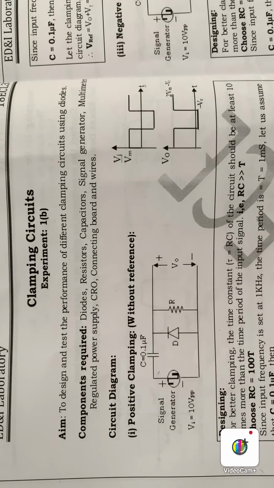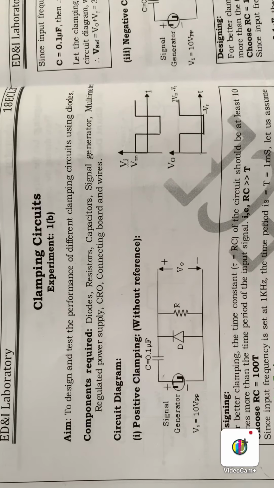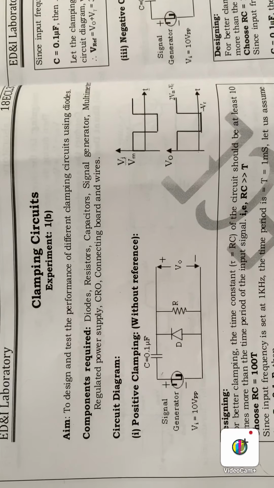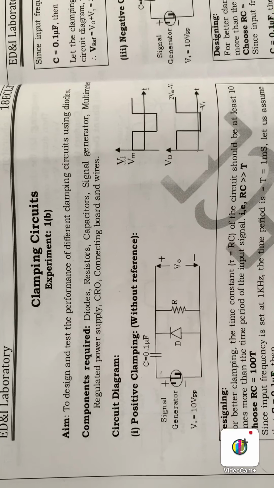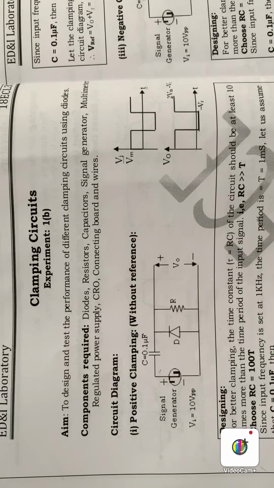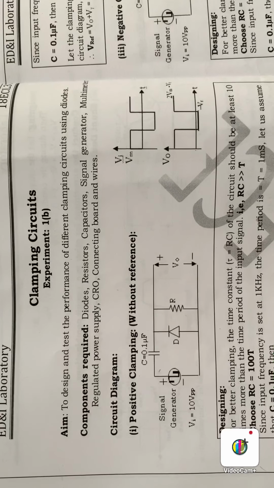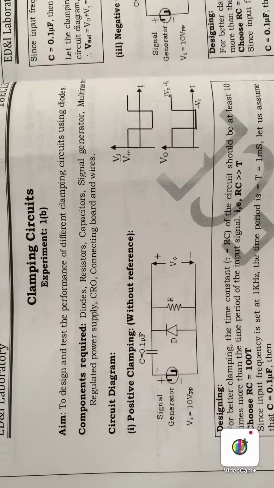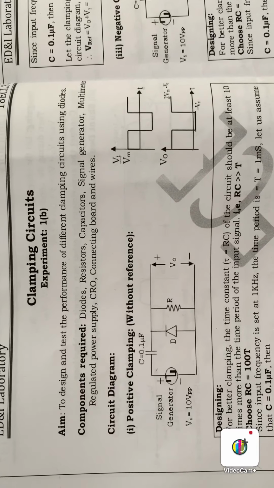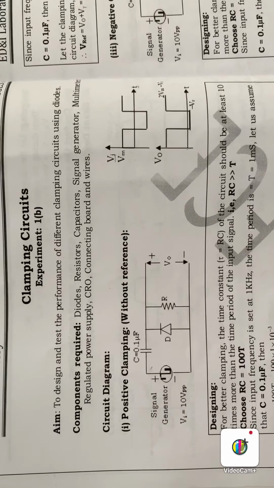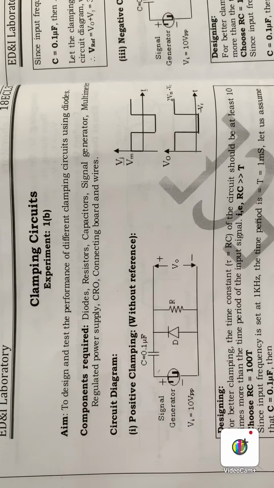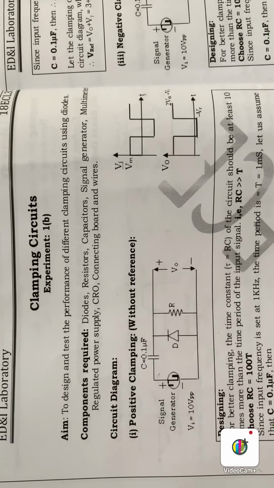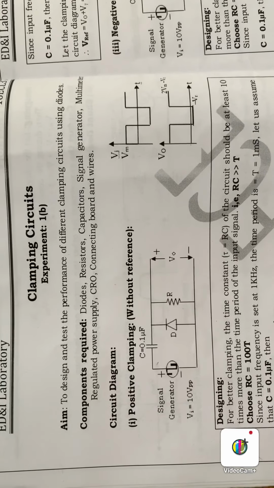Your time period should be greater than half of the time period, that is tau, where tau is given as tau equals R into C, where R is the resistance of the resistor and C is the capacitance of the capacitor. Here the discharging time of the capacitor should be slow. The time constant, here the charge and discharge of the capacitor, determines the output of the clamper circuit.